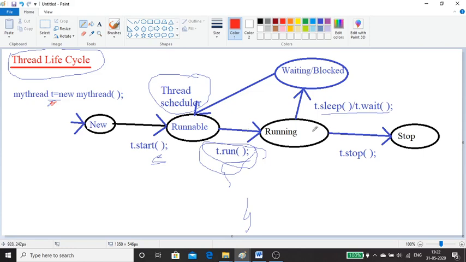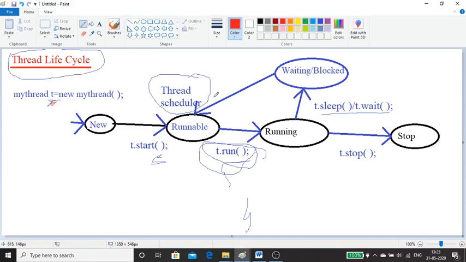But while running, if there is any interruption by calling methods like sleep or wait, it will go to one more state, called the waiting state or blocked state. Once it goes to the waiting state, it will not go directly to runnable, and it will be in the waiting state until the thread scheduler allocates some resources.